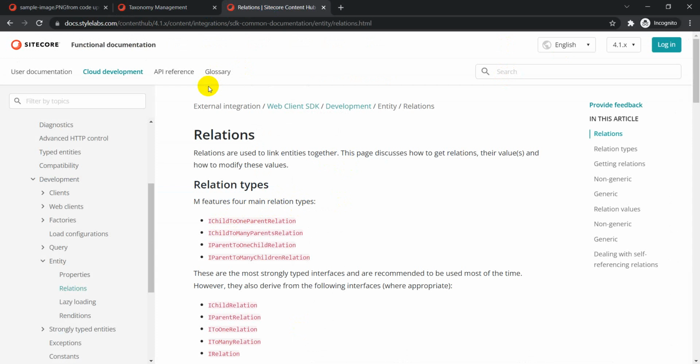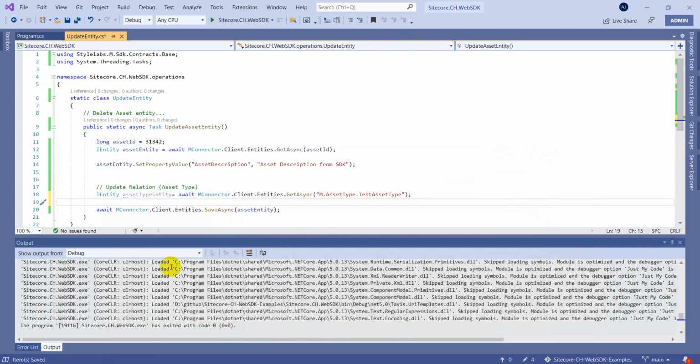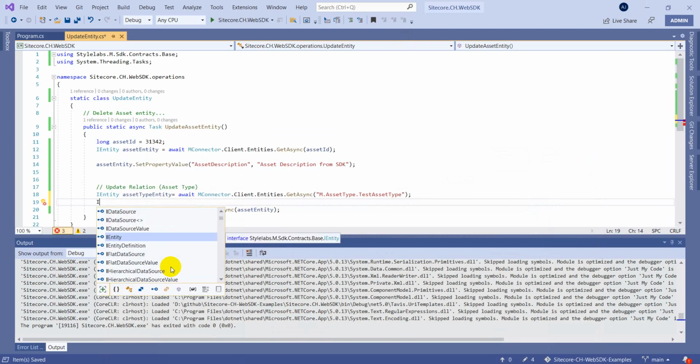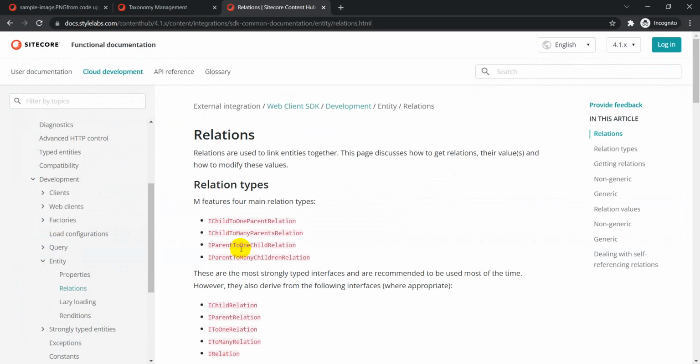So the one which we are going to use for this specific asset type to asset is the I child to one parent relation, right? Because in this specific case, one asset can have at most only one asset type configured. That's the cardinality which is defined for that particular member. So in order to get that field, let me simply copy it from here,